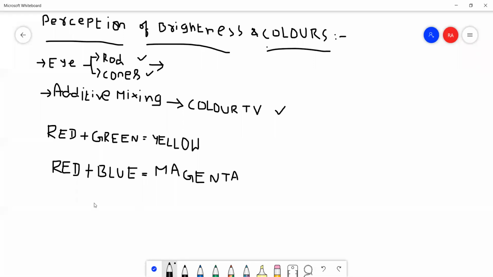Similarly, blue plus green. This is a very popular color combination for short answers. They have been asked a number of times in the end examination for JNTUK. So that explains briefly additive color mixing. Just simply say what the color combinations are for TV engineering: blue plus green will form cyan.